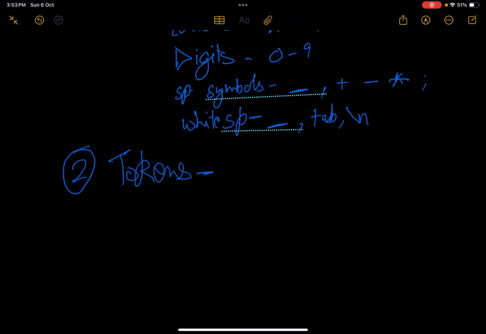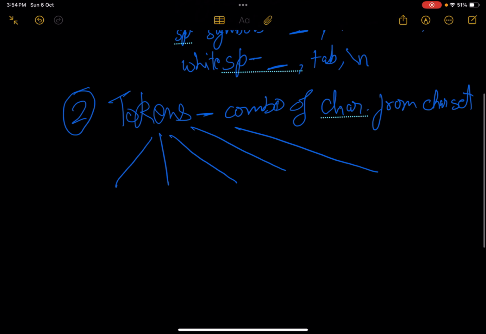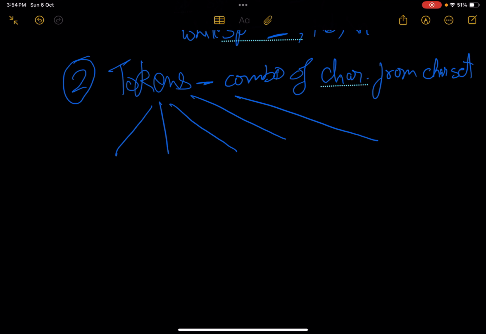So tokens are basically created by combining characters from a character set. So there are five types of tokens. First is